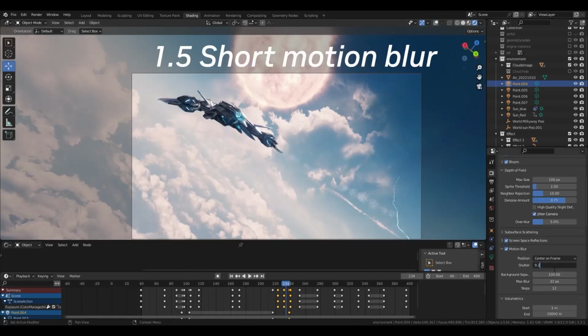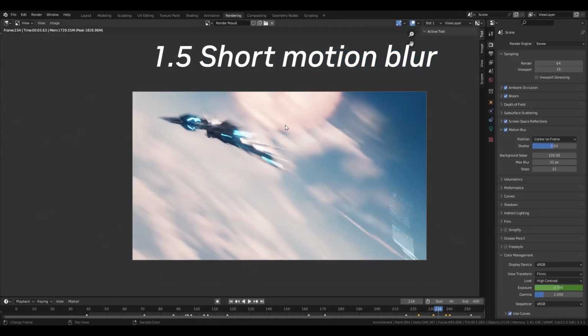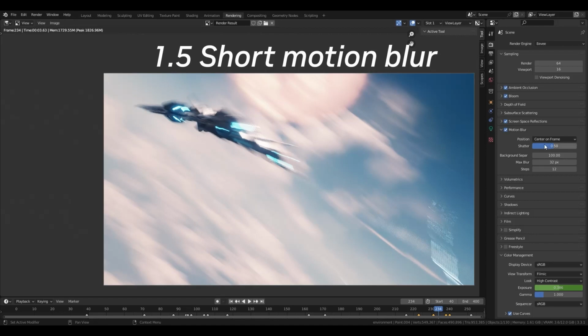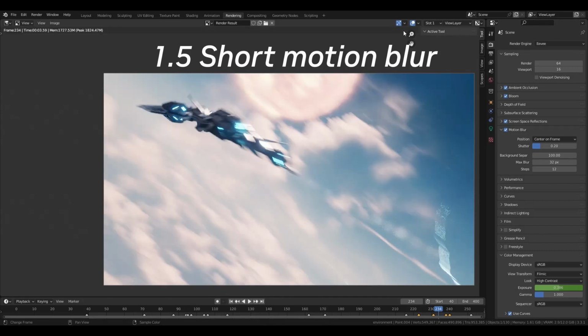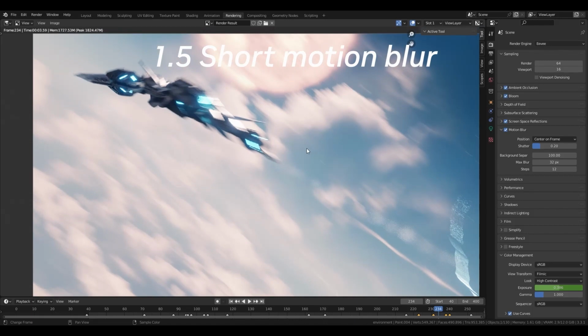Motion blur is a real thrill of high quality rendering. However, I set the motion blur to be short. The reason is very personal. One of my goals is to design new models by myself and fine-tune them. For that reason, I place great importance on showing the shape of the model when making videos. I add camera shake to make the camera movement look more realistic, so a moderate motion blur is necessary.